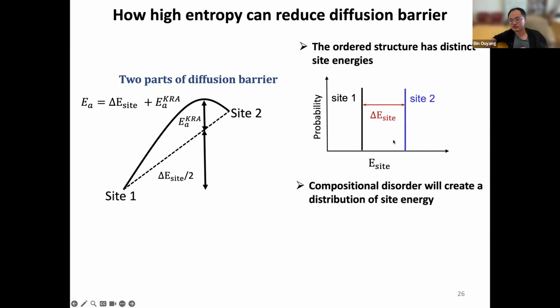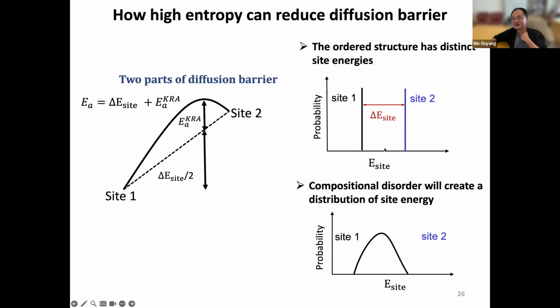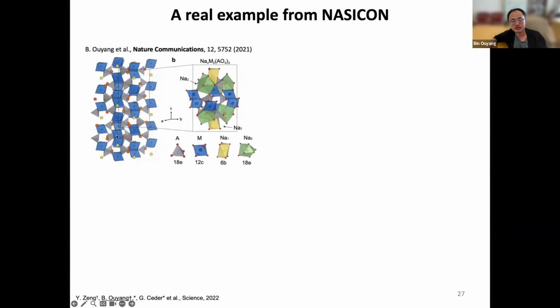But for disordered materials, this is a different story, because you're going to form a distribution, as Vlad mentioned. If you can control the distribution and make them overlap, there is a chance that percolation is going to happen in the overlapped region. So now the question is, how do we introduce this overlap? We pick a well-studied system for ionic conductors. It's called NASICON. It's basically a polyanion system based on phosphate and silicate with sodium or lithium and with a